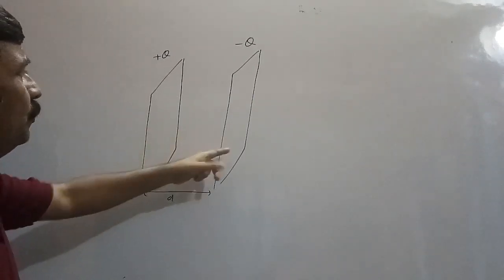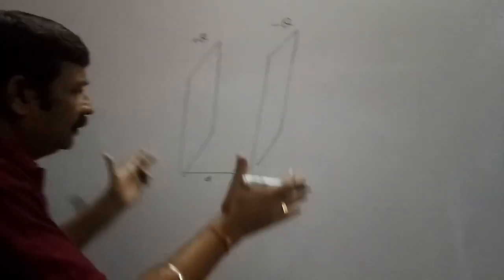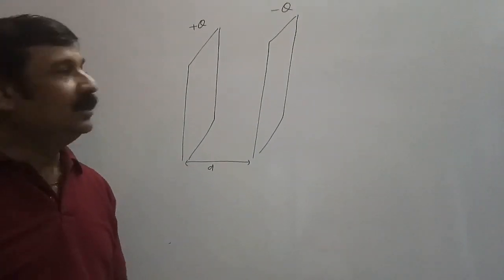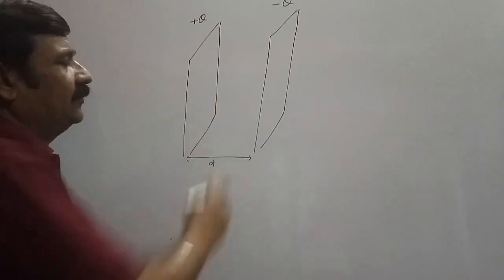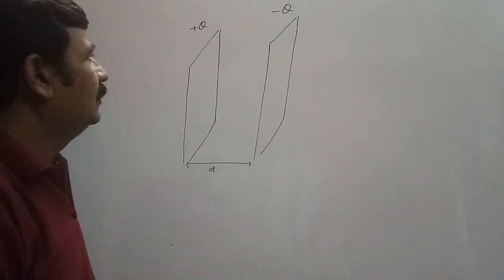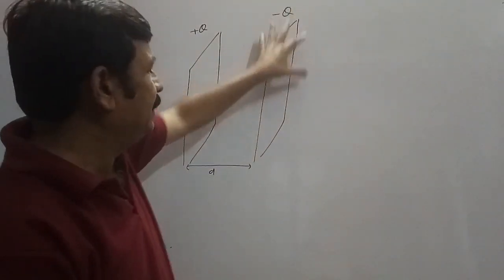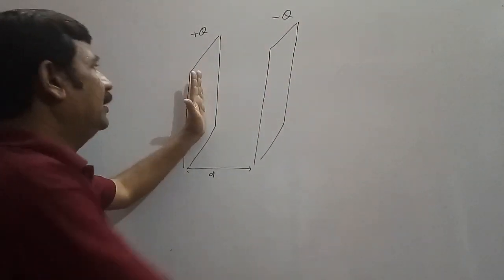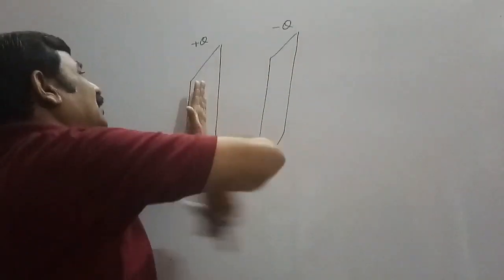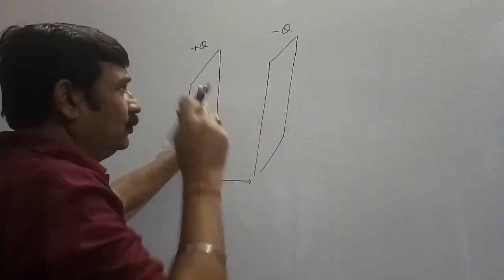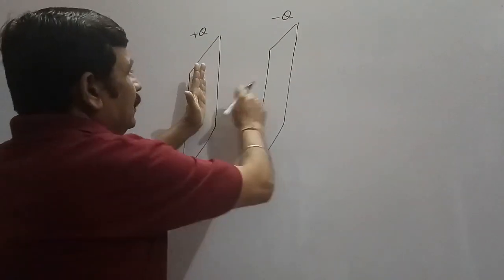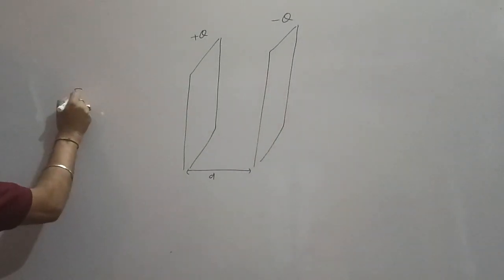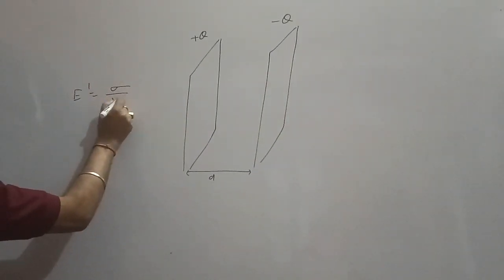Now, since these two plates are of very large dimension and kept close to each other, they cannot be considered point charge bodies. So we can't apply Coulomb's law to find the force. How do we do it? See here. For the time being, assume that this plate is not present. Only this plate is present. So a single plate will create an electric field around itself, and according to Gauss theorem, for a single plate, everywhere, either left or right, the intensity will be sigma by 2 epsilon naught.